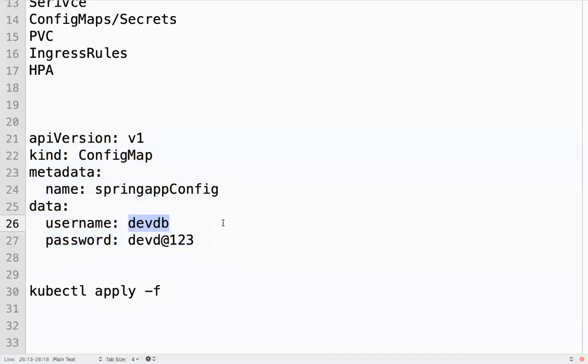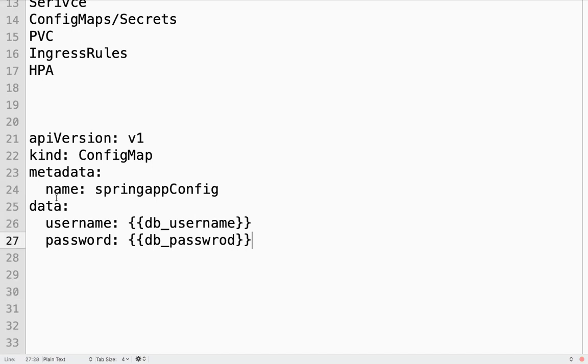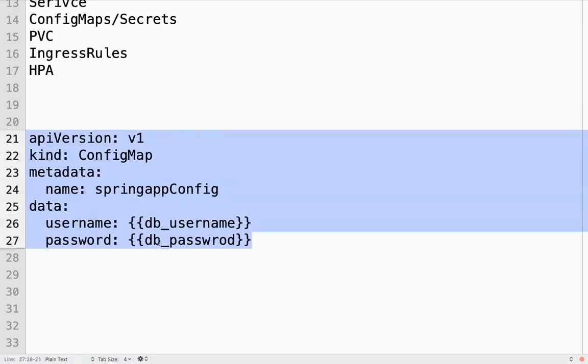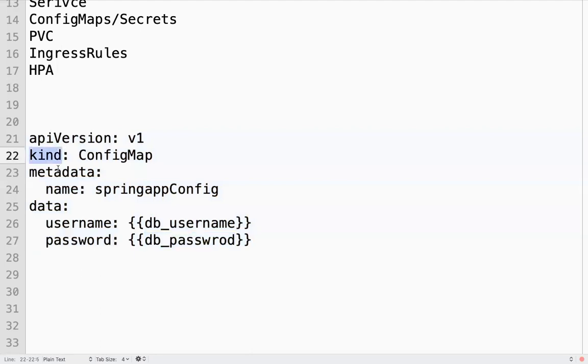Instead of hard coding, I can refer to something here as a variable, something like this. So I can refer to it as a variable. This I call a template.